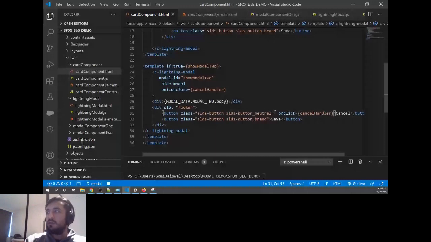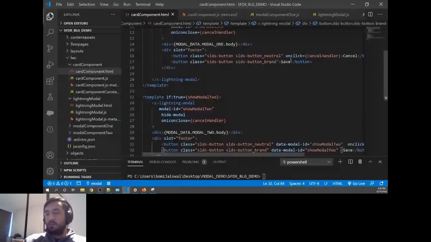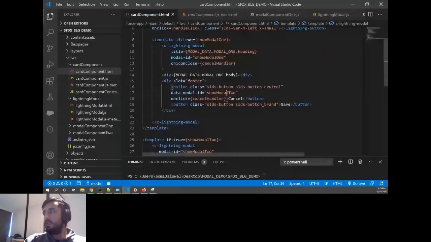After data, whatever you'll call, I'm calling it model-id, and I'm giving the model ID name, same ID that I'm using here. So whenever this button gets called, I'll pass this ID, and same ID I'm gonna pass in the save button. I want that attribute to be here in the other buttons as well. So here the ID is model 1, and the same thing I'm gonna use in the save button.